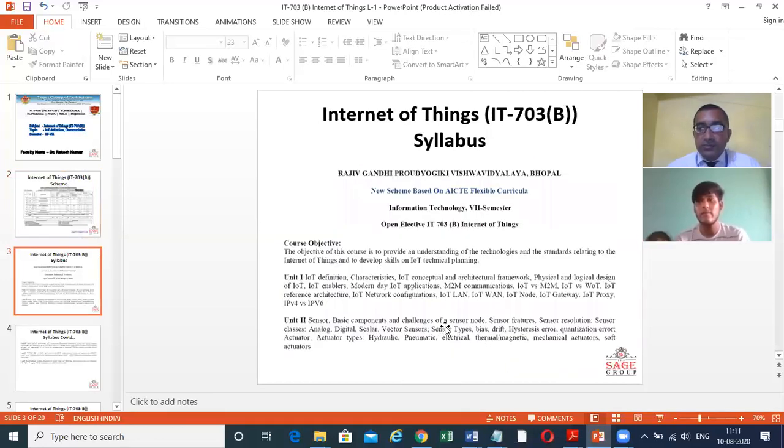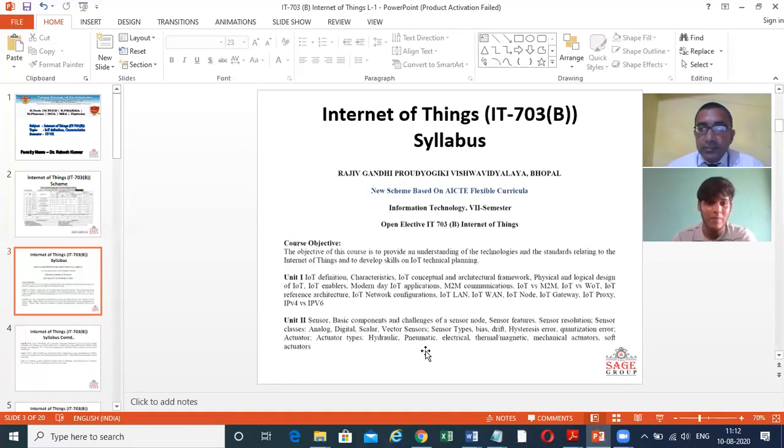And this is the syllabus of your Internet of Things. Your syllabus is divided into 5 units. That is very simple, not so tough. We will go step by step. Otherwise, it is complex, but we will go step by step. So here in unit 1, there is the IoT definition, characteristics, IoT conceptual and architectural framework, physical and logical design of IoT, IoT enablers, modern day IoT applications, M2M communication, IoT versus WoT, reference architecture, and